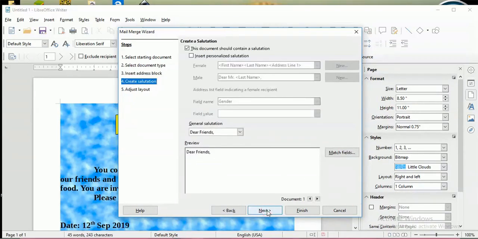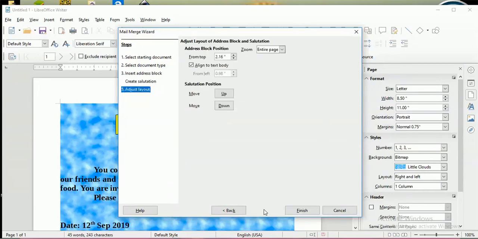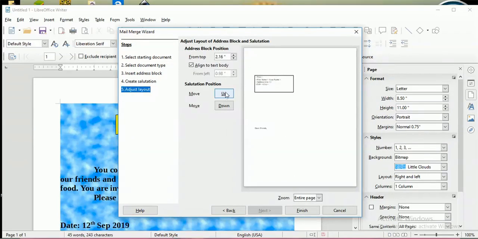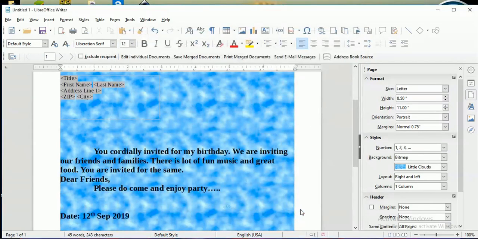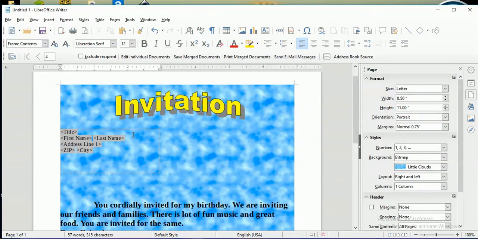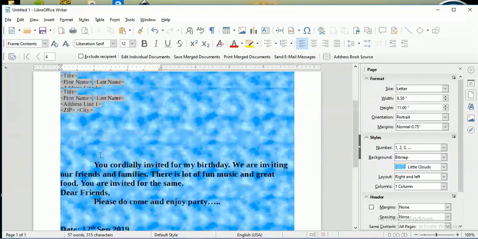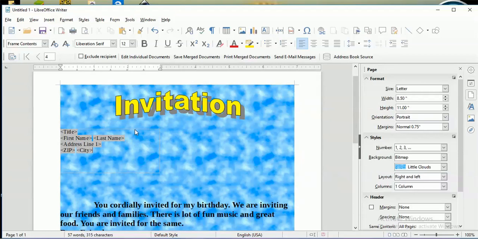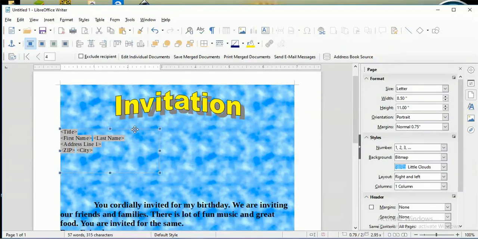Then click the next button, and some options are here, salutations and all that. If you want, just select it, then click the next button. Then some formatting options are given here, so if you want to change the formattings, up and down options are available here, and just click the finish, and it displays the list of recipients here. If you want to change any formatting, by default it displays this at the top, and if you want to change it, just click here and press the delete. If you want to keep it as it is, then keep it as it is.